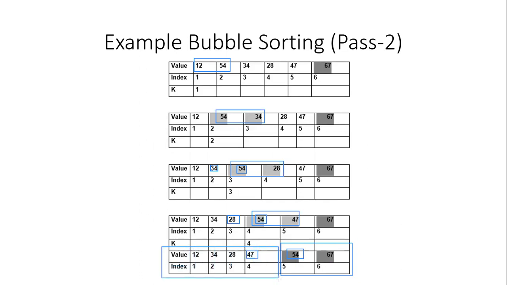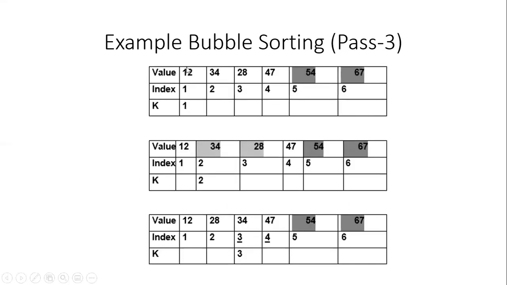And hence now we have the sorted list of two elements, and the unsorted list has been reduced to 4 elements. So in the next step, we are going to apply the sorting process to the first 4 elements only. So compare the first two elements again, and there is no need to swap as 12 is smaller than 34. Now check 34 and 28. Yes, there is a need to swap the two numbers, and you can see that 28 and 34 have been swapped. The next is check 34 and 47.